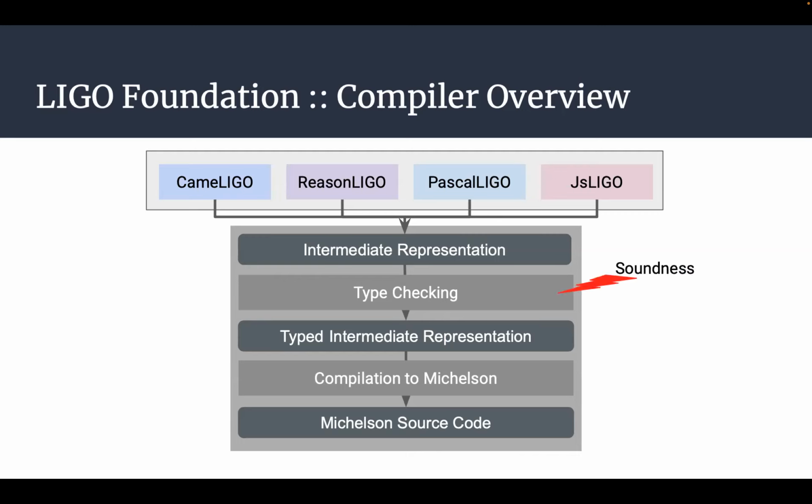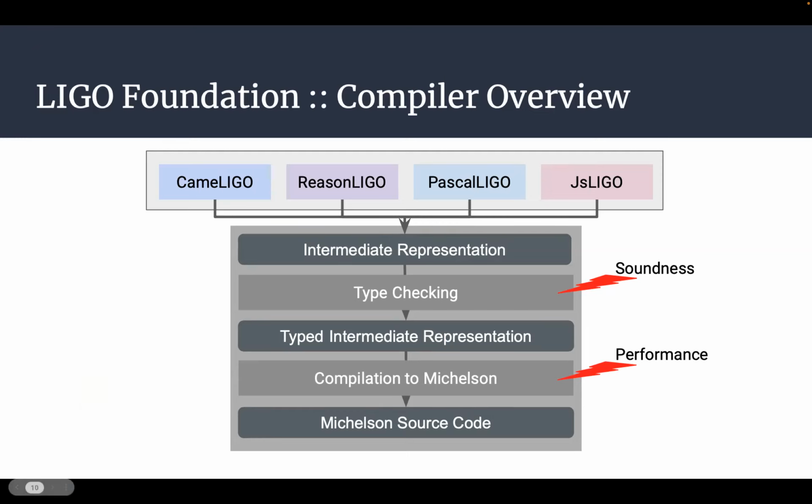So the type checker, why a type checker? The type checker has been designed for what we call soundness, just to be sure that we manipulate data when it's required. So when I'm writing strings, I have strings. When I'm waiting for a function which takes a string and returns an integer, I have a function which takes a string and returns an integer, and so on and so on. So this is really important for what we call soundness.